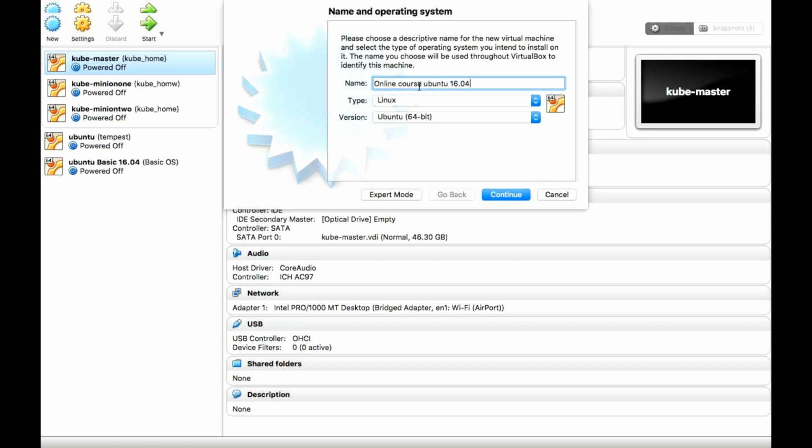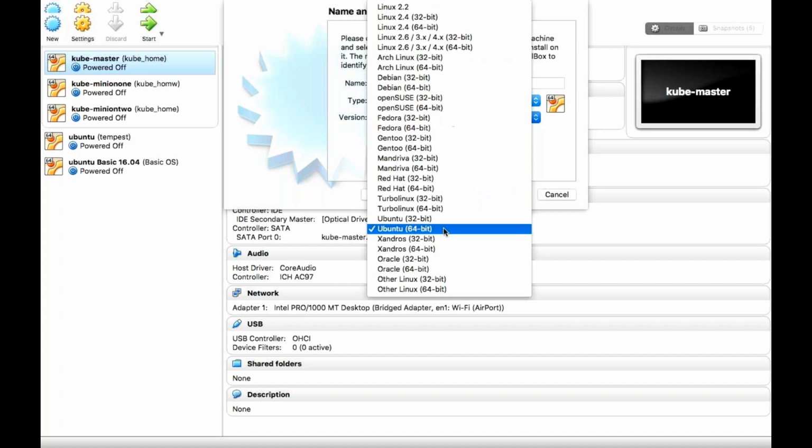See, when I'm typing this like Ubuntu something in this particular string, it is automatically picking like Linux and Ubuntu 16.04. Sorry, 64-bit. So it is direct. If not, we need to select it. So you need to scroll down. You will have multiple lists here: Microsoft Windows, Linux, Solaris, BSD, IBM, Mac OS, and other. Okay, and here we are using 64-bit. We have 32-bit, 64-bit, and we have Red Hat 32-bit and 64-bit. We have Oracle, and then we have Linux. You know, Oracle operating system also we have for Linux.